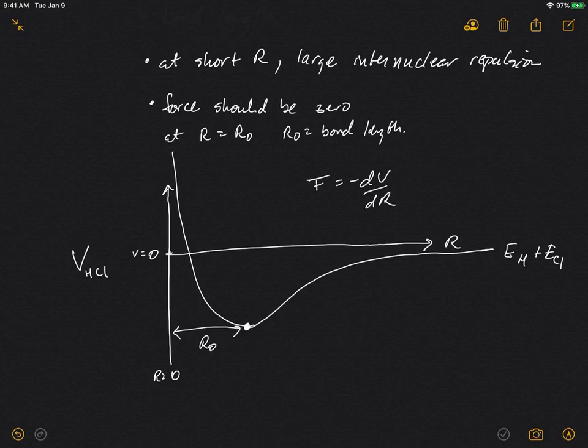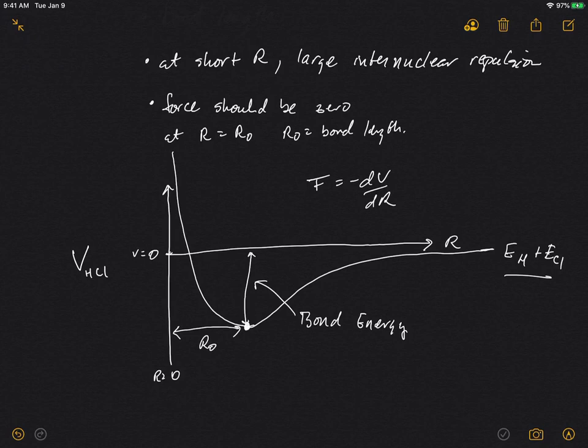So then we can also mark up where the bond energy shows up. Well, if this energy over here is the energy of the dissociated molecule, and this energy here is the energy when you have a molecule, then the difference between those two energies, roughly, is the bond energy. So if we want to dissociate this molecule, we need to supply energy,